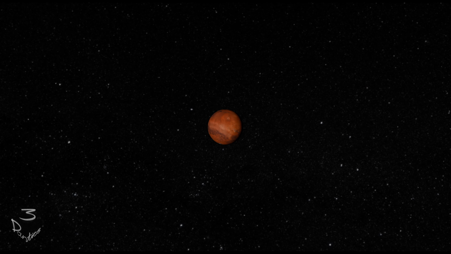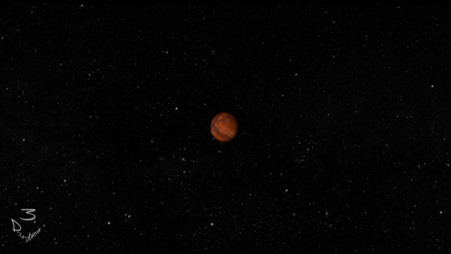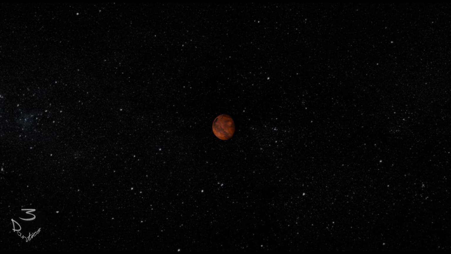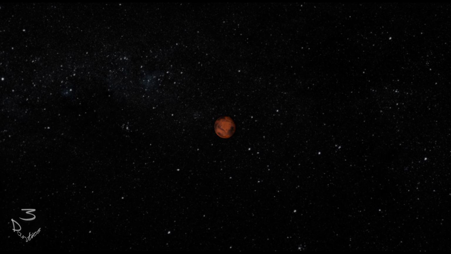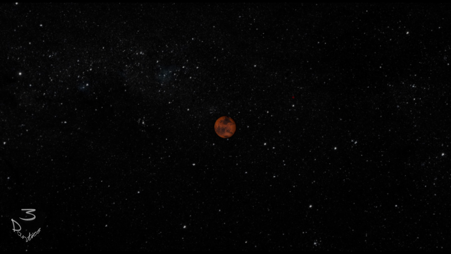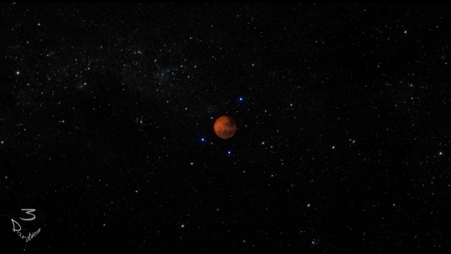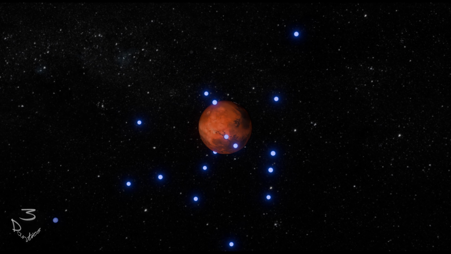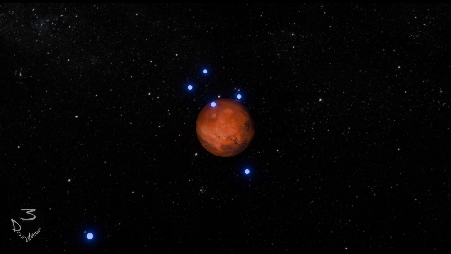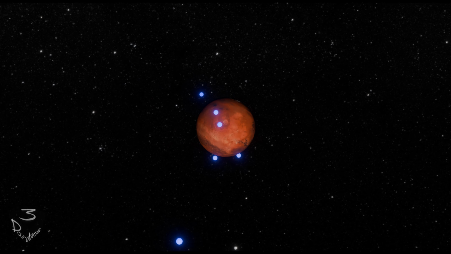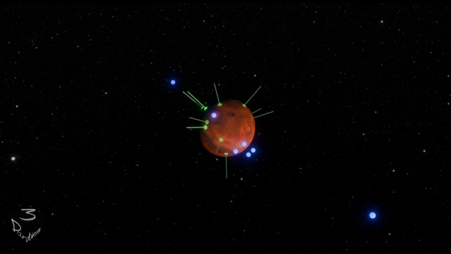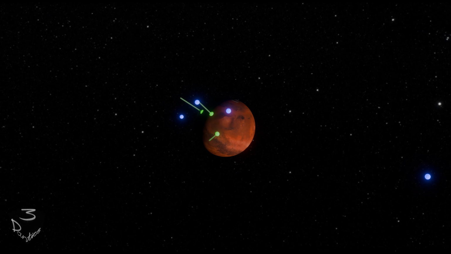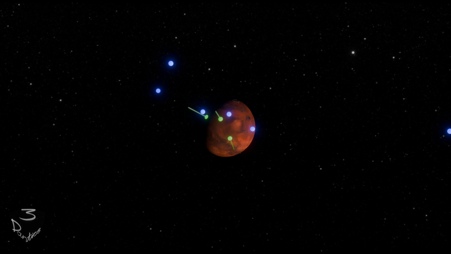As NASA puts it, the only planet we know of inhabited entirely by robots. Since 1979, numerous countries have been sending missions there. Up to the year 2024, 5 spacecraft have flown by it, and 21 missions have successfully managed to orbit around it. 7 of these are still operational. There have been 11 successful landings on Mars, and 3 of them are still functioning today, and for 3 years it even had a helicopter.